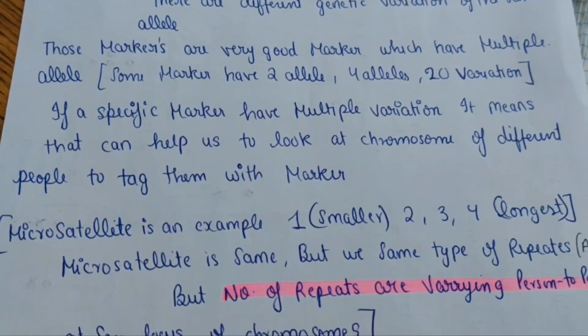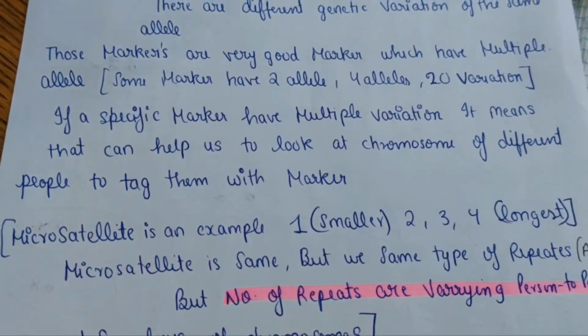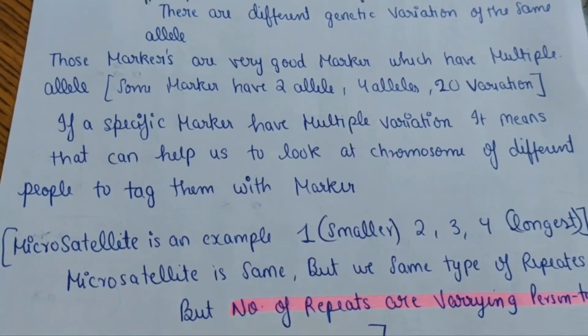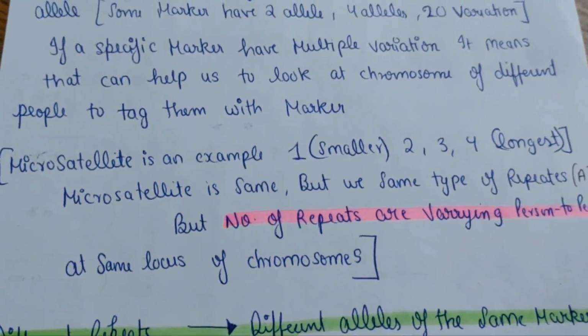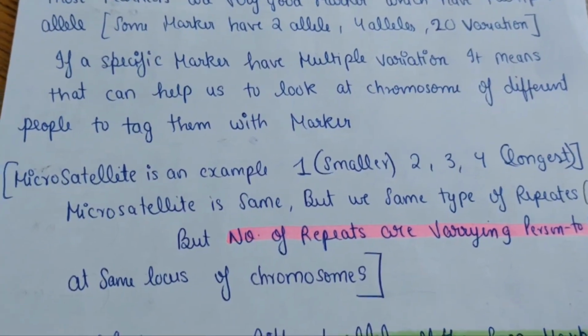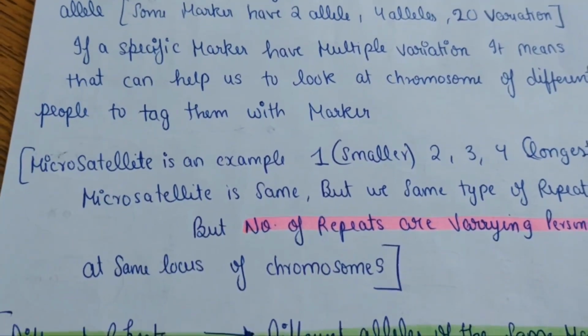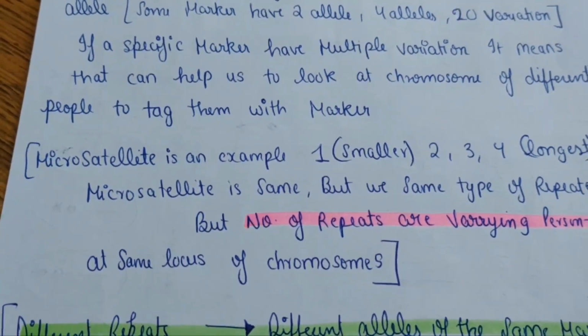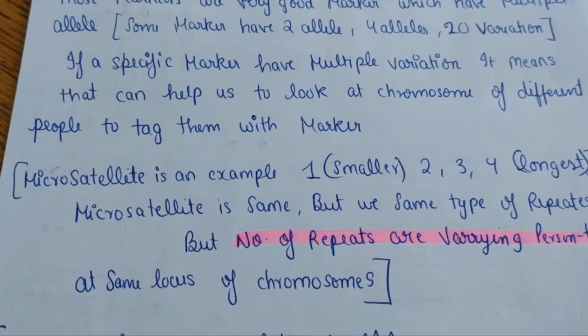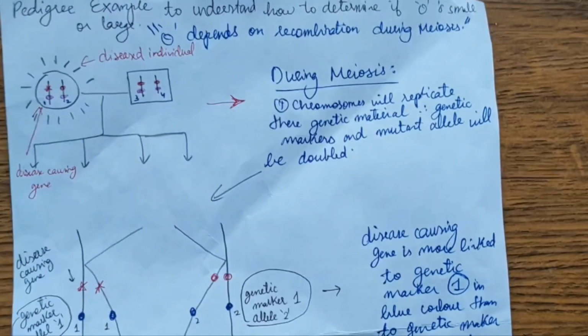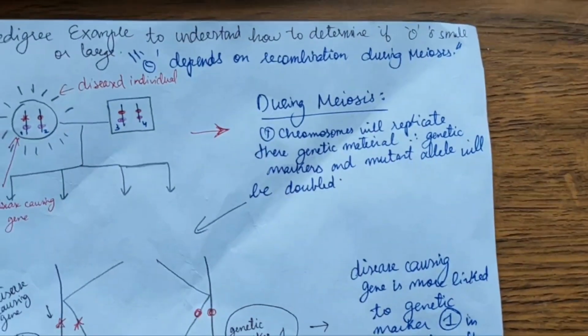And those genetic markers which have multiple alleles are very good genetic markers, for example as we saw here in the case of microsatellites, because if a specific genetic marker has multiple variations, it can help us look at the chromosomes of different people and helps us to tag that marker or to identify that particular genetic marker. So now that we have understood the concept of microsatellites,